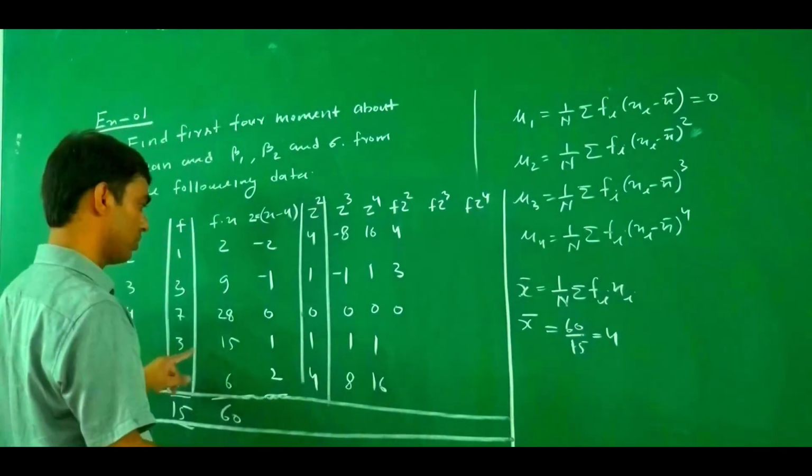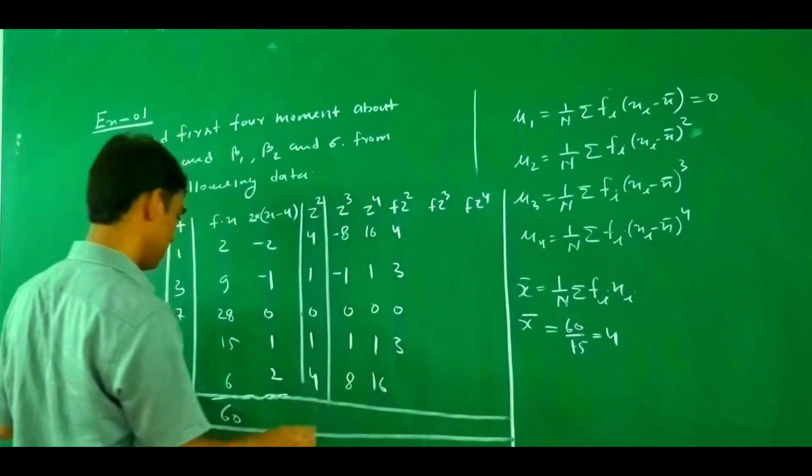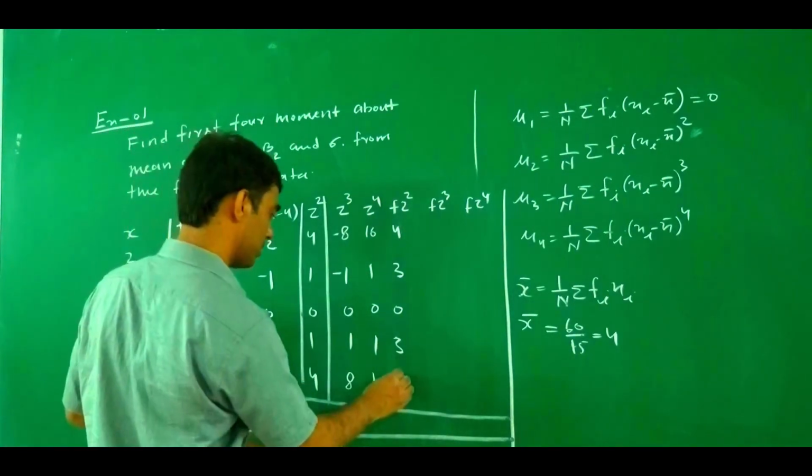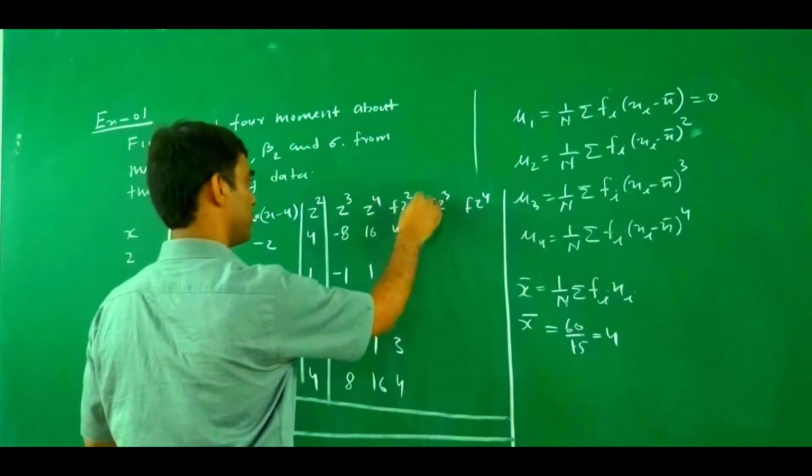Then this one is a 0. 3 multiplied by the 1, this one is a 3. 1 multiplied by the 4, this one is a 4. So now next one is a